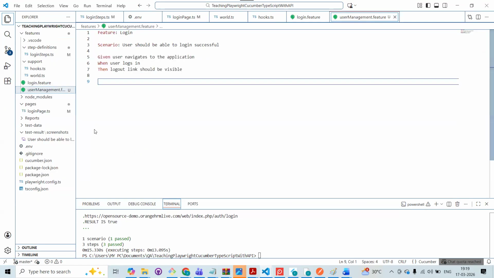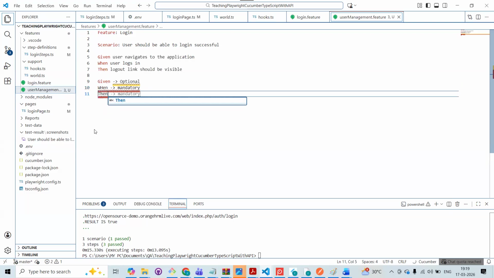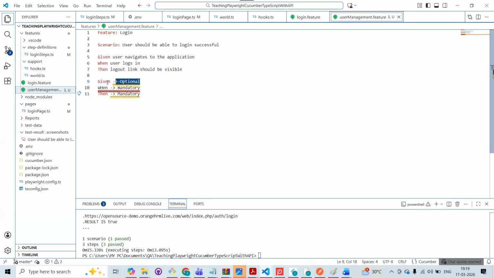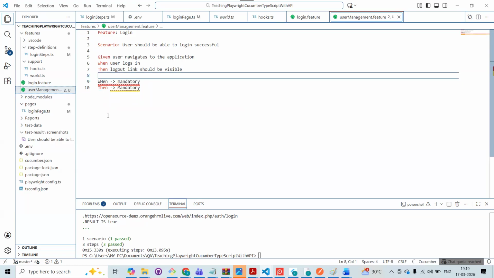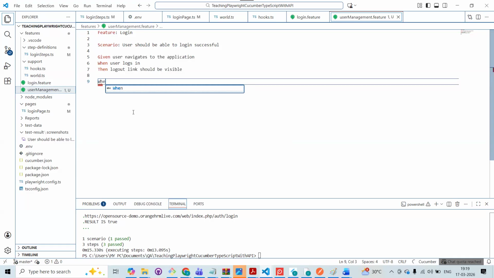See, in Cucumber, given is optional, when is mandatory, then is also mandatory. Remember this. Because not all test cases might have prerequisites, right? Even in our manual test cases, there are certain test cases where we can have prerequisites, where we might not have also. So that's okay. So we don't have anything given here. I just have when. So what can we do here? When user clicks on admin,